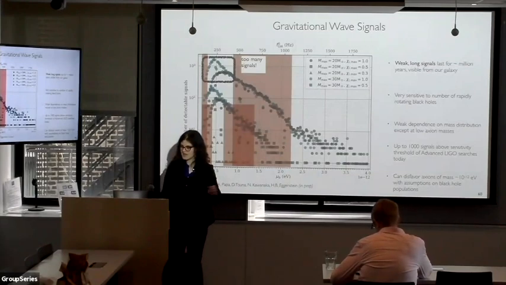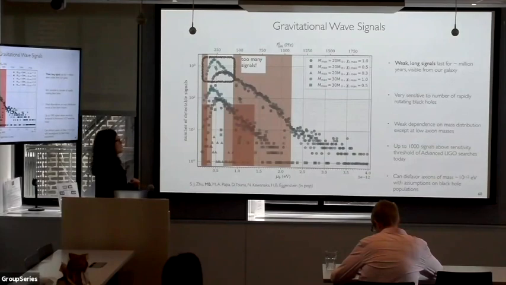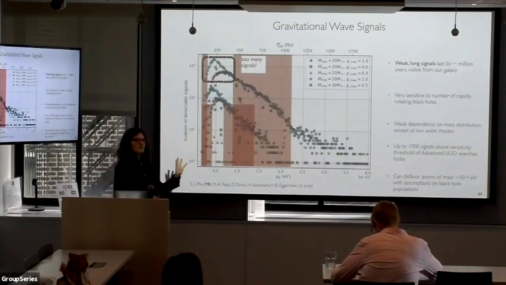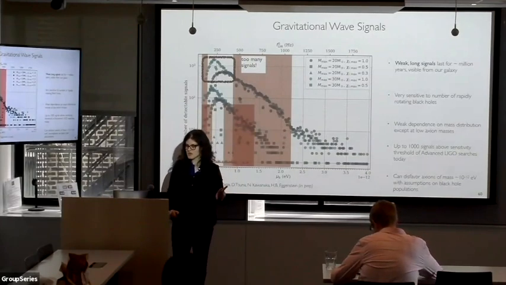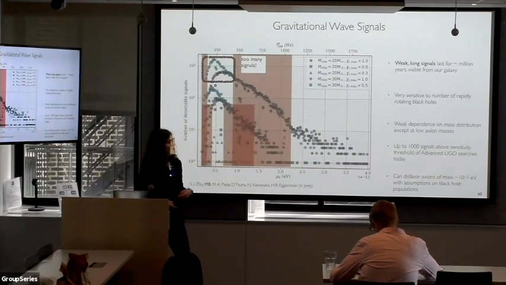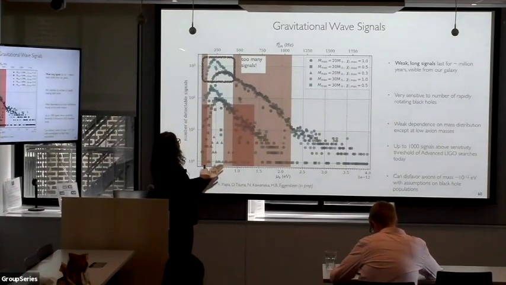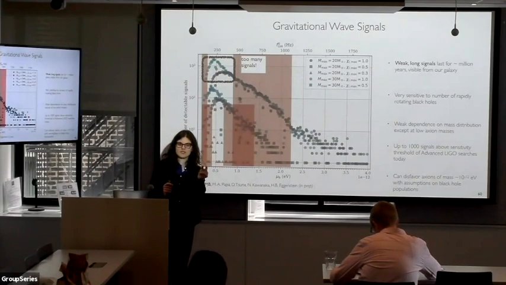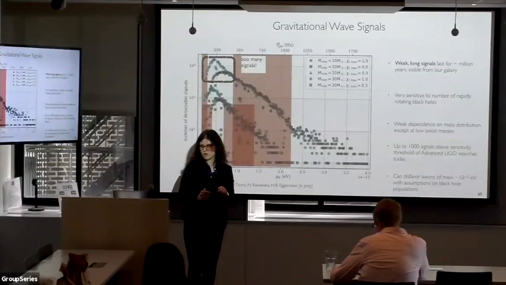It turns out that actually there can be too many signals, counterintuitively. So these searches for rotating neutron stars, the pipelines are all validated under the assumption that there's going to be one signal or a couple of signals throughout the whole frequency band. But as I showed you, all of these signals from any axion mass here will be, say, almost 1,000 signals within a very narrow frequency range that's set by this small binding energy of axions of the black hole.